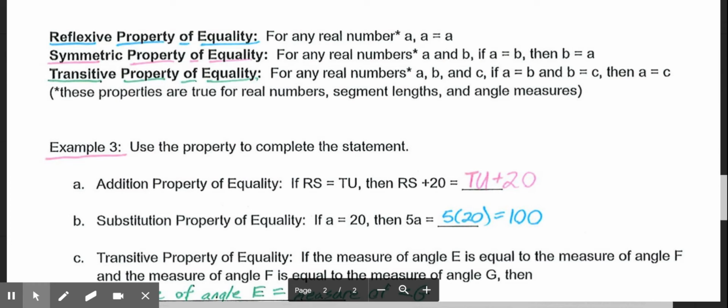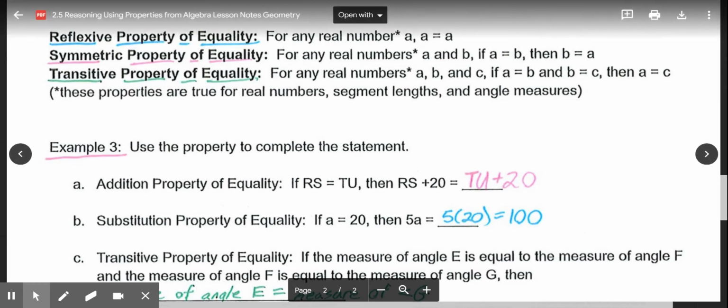And then the transitive property of equality: for any real numbers A, B, and C, if A equals B and B equals C, then A also equals C. So if A equals B and B is equal to C, we can get rid of that repeated B and